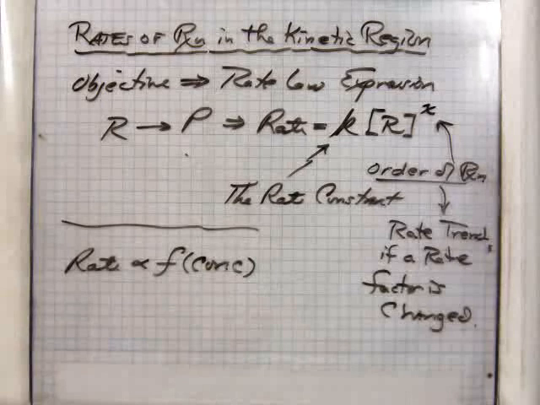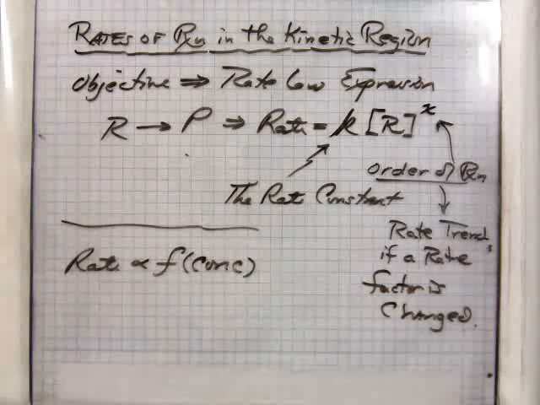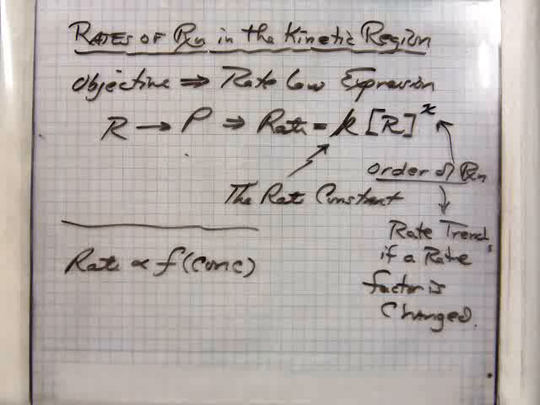That means if I change concentration, what happens to the rate of reaction? That is, if I double the concentration of one of the reactants, will it go faster? Or will it go slower? Or will it quadruple in its rate, or whatever? And so that's what it means by rate as a function of concentration. You are literally changing the concentration of a reactant or component within the reaction and seeing the outcome, and then